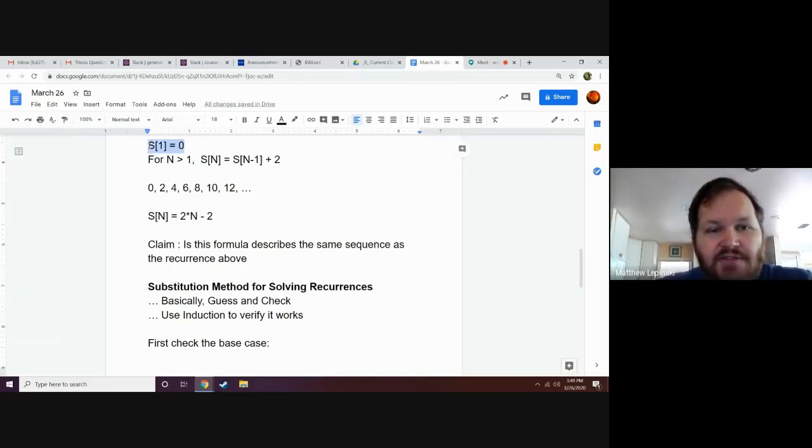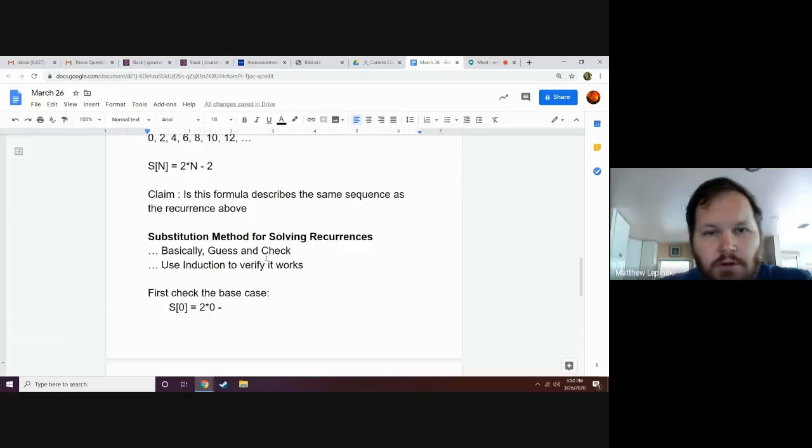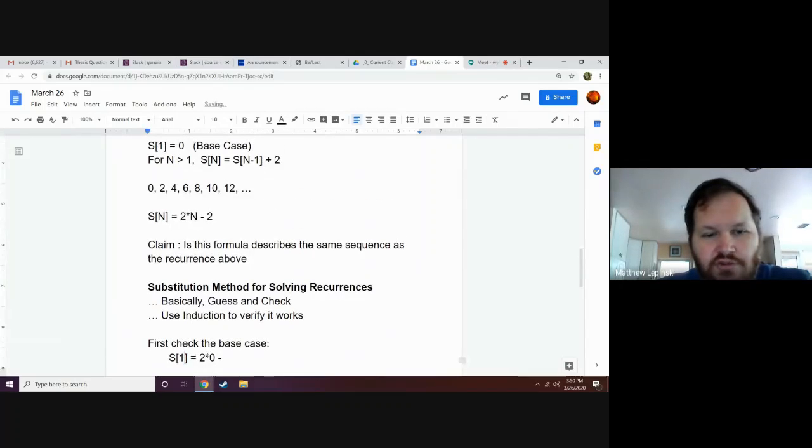The base case for my recurrence is that the first term is 0. So the base case, according to my formula, is 2 times, I'm sorry, 1. Base case is 1. 2 times 1 minus 2, which equals 0, which is indeed